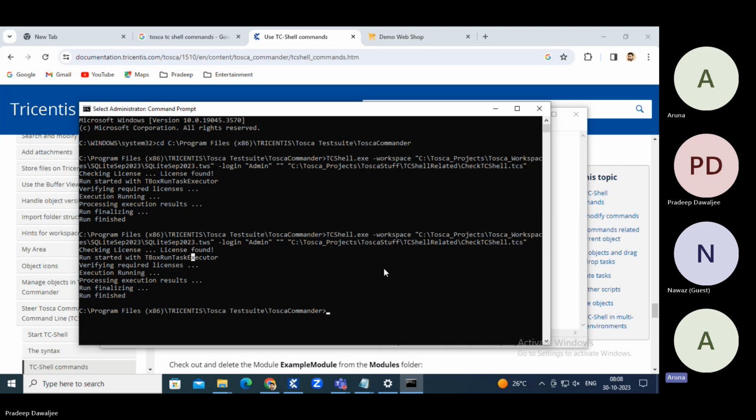So Pradeep, as you say, in TC shell we can do a few settings. In the coding, I forgot to give the wait on when I'm browsing some website. So in this case, can we